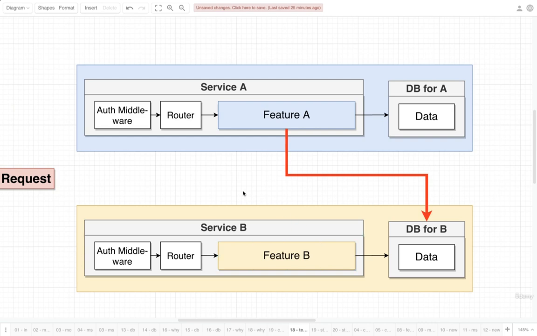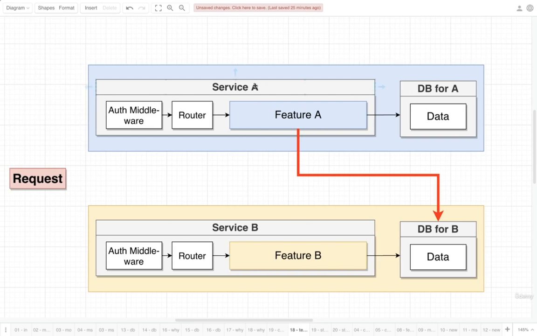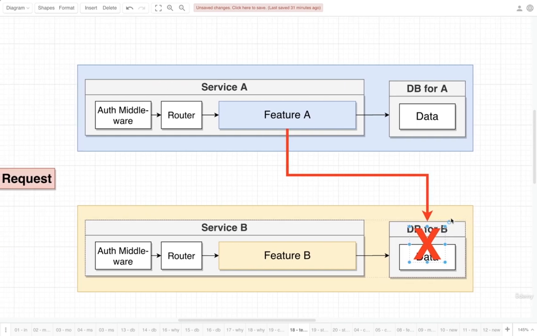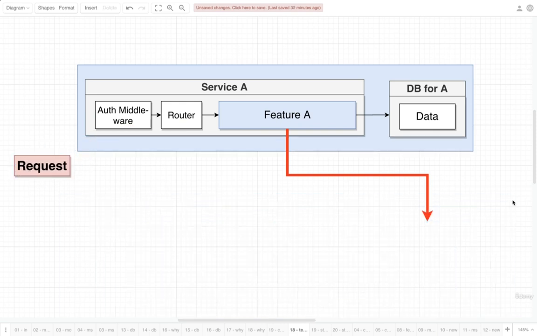The other scenario that we could run into, let's imagine that we've got service A reaching out to service B's database right here. If anything ever goes wrong with database B right there, then all of a sudden, service A is going to start to crash because we have introduced a dependency between service A and service B. So if a request comes into service A and feature A tries to reach over to this database and something is wrong with that database, boom, service A is going to crash as well. And so rather than just losing service B, we would now also be losing